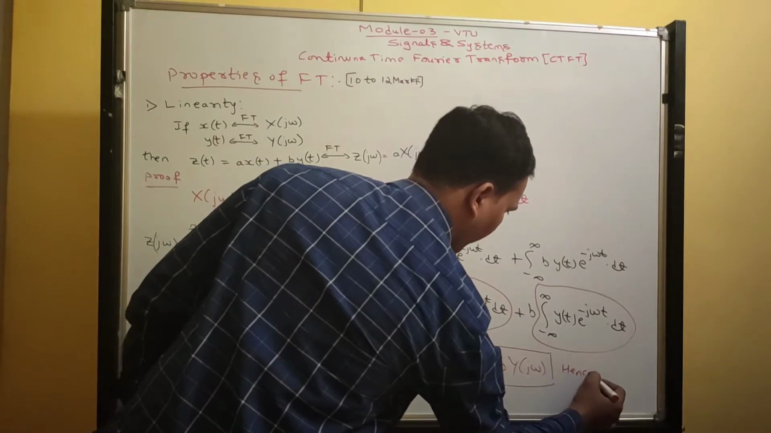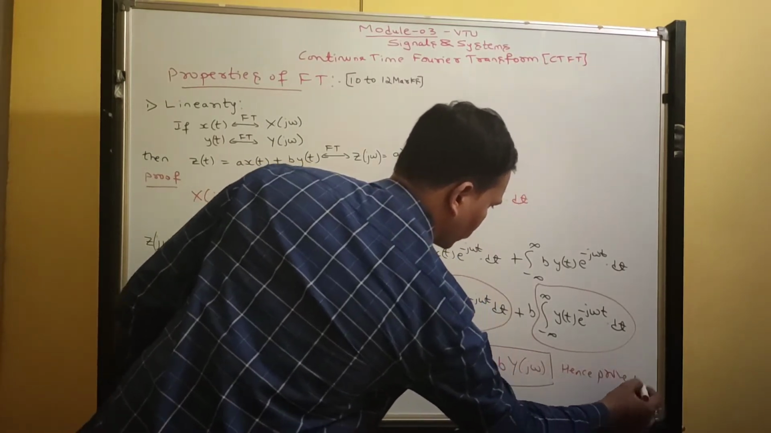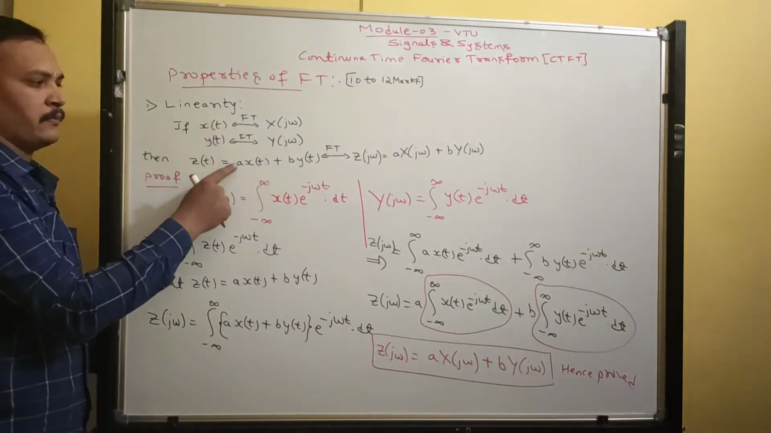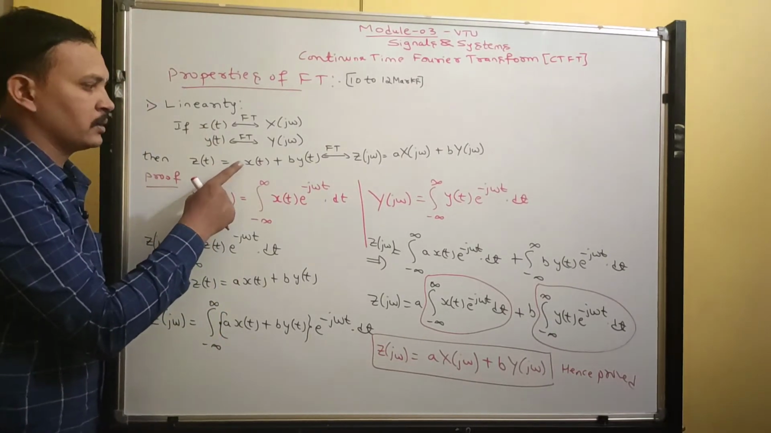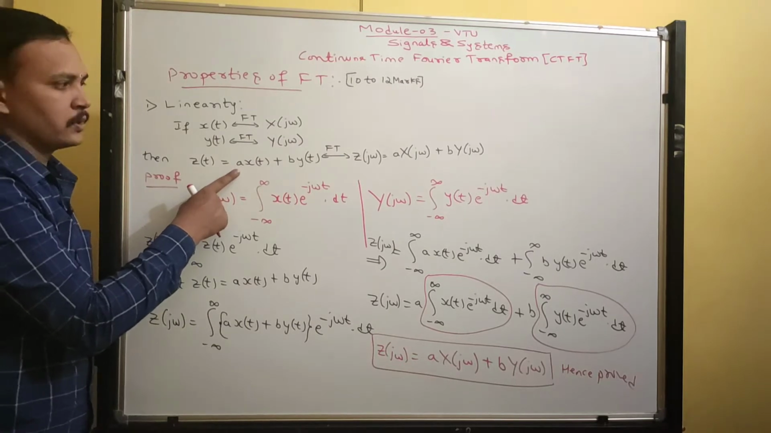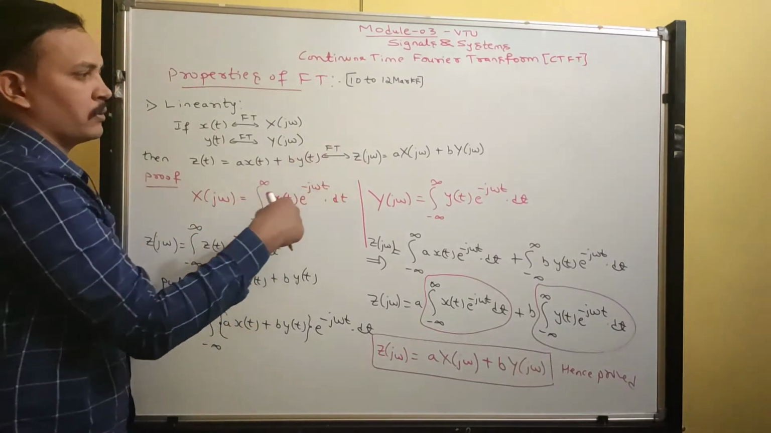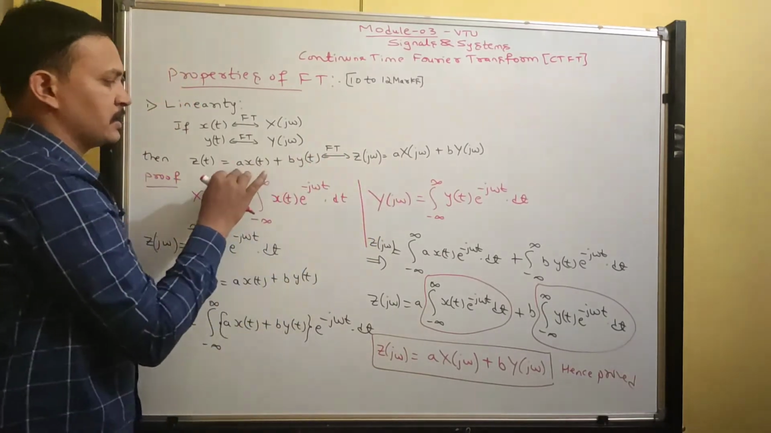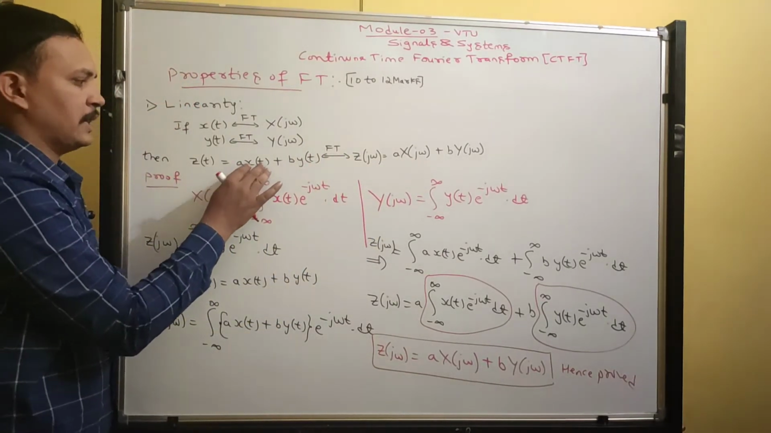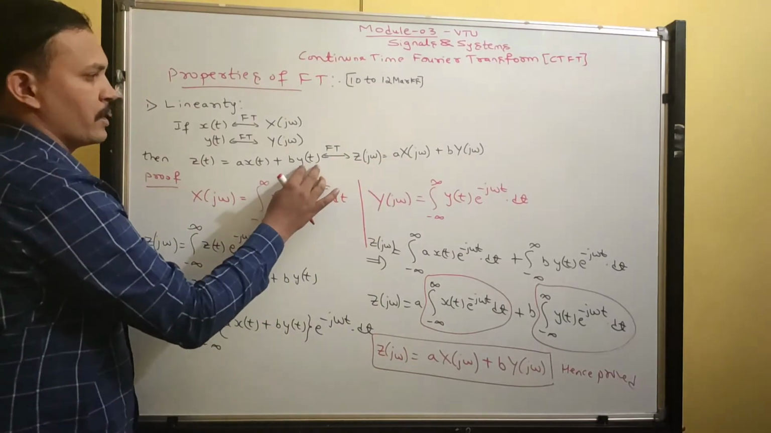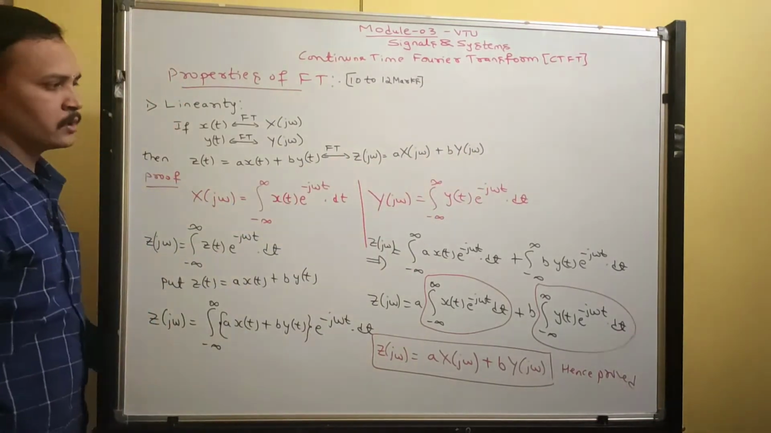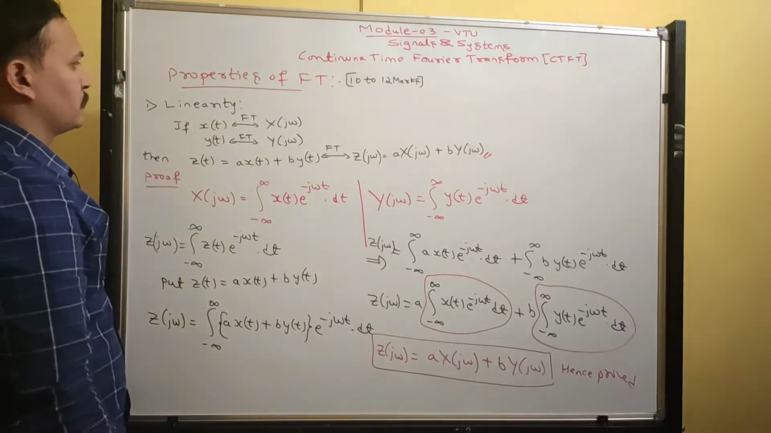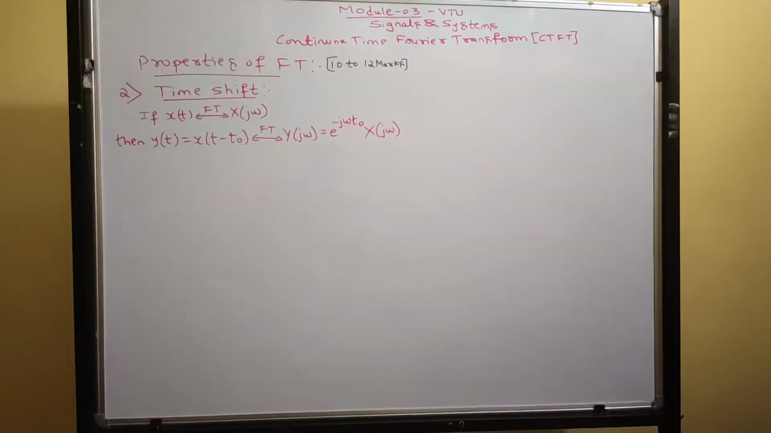So the non-periodic signals multiplied with some constants means that the Fourier transform in the frequency spectrum will also be multiplied by the same constants: x of t gives x of j omega, y of t gives y of j omega. This is about the linearity property. Next we can discuss